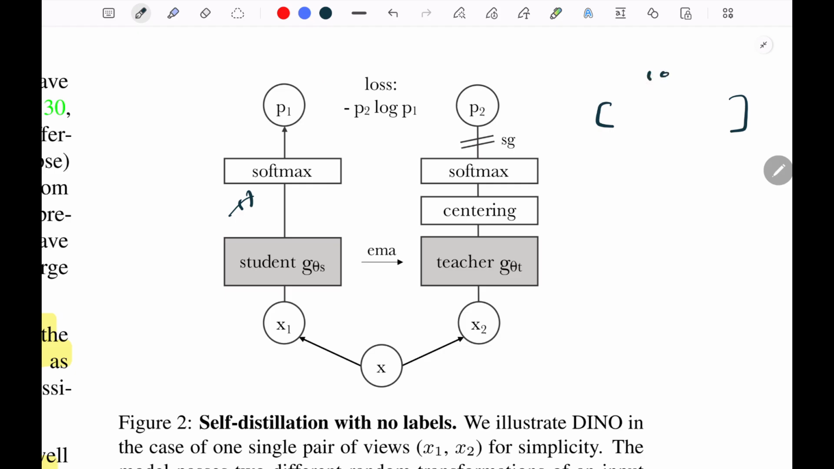Both the student and teacher can output, say, one main output and the rest the same. If both the student and teacher output something like this, then it's easier to fool the network, right? Then it will not be learning any meaningful representation. What it will be learning will be something like this. So what centering does is, they keep a running average of the output